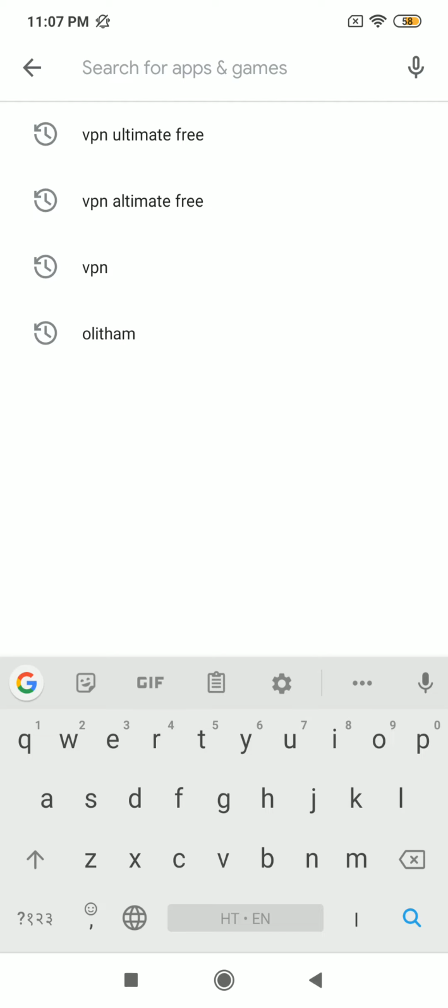So here I am going to explain one VPN, a base VPN. It is very easy, and it does not ask for your email ID, your country name, or your name. It is a very good VPN also. So that's why I am going to explain this issue and this VPN to you. So friends, this VPN name is the